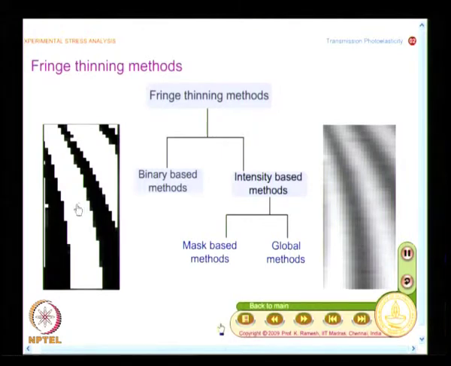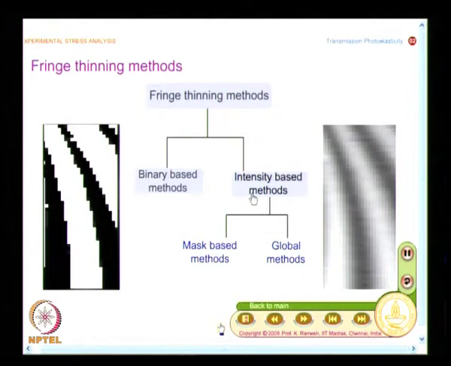One of the advantages in photoelasticity is that the fringes have very good contrast. We have also seen in the initial lectures how you get a fringe pattern from speckle interferometry. Speckle interferometry, I said, has inherent noise. Unless you do filtering, I would not be able to extract data from it. On the other hand, when I go to photoelasticity, the basic fringe pattern you obtain has very good contrast, and that makes the processing of the image much simpler.